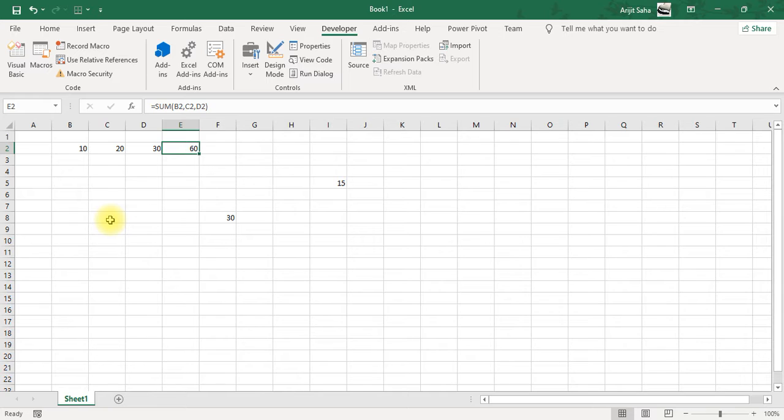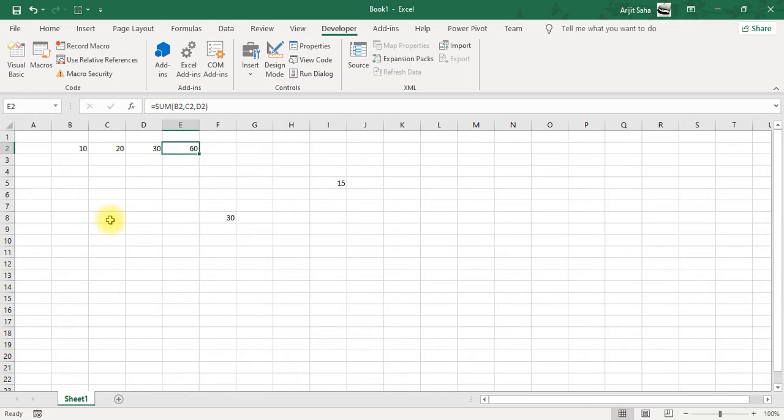Now what did the sum function do? The sum function went to those particular cell addresses and took those numbers, took those values from there, and what did it do? It summed the values. So this is what a function does. A function can be without arguments or without parameters.